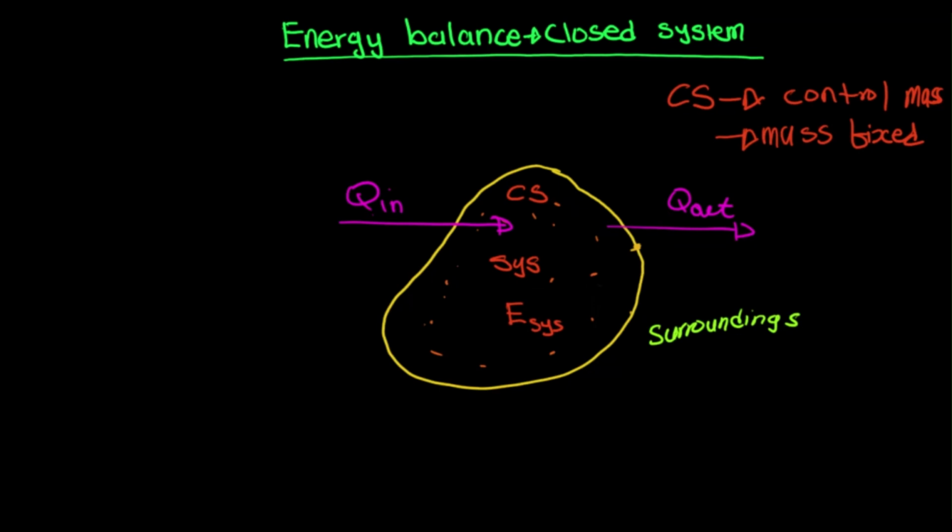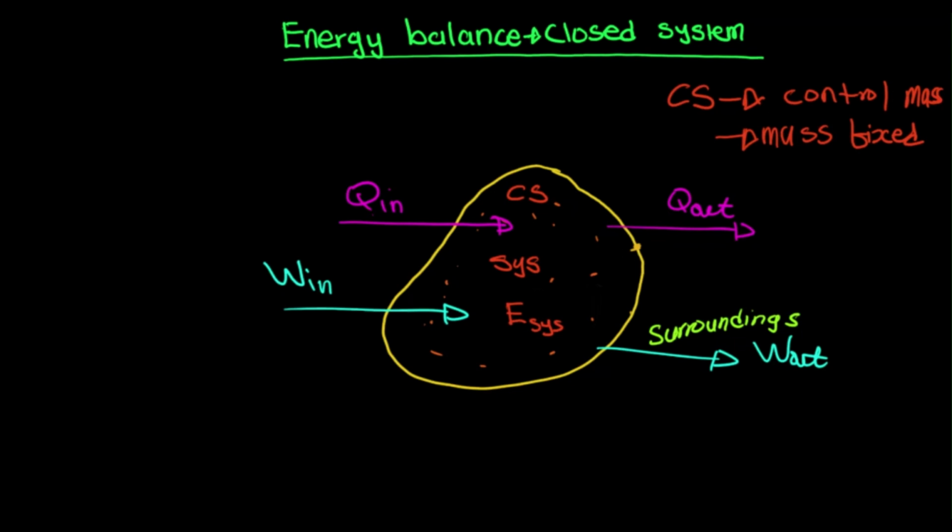At the same time, there is energy interaction for closed systems in the form of work. So work can be done to the system in order to achieve some objective that we are interested in. The objective would be work is done to the system so that the system can do some form of work. That is, work out.